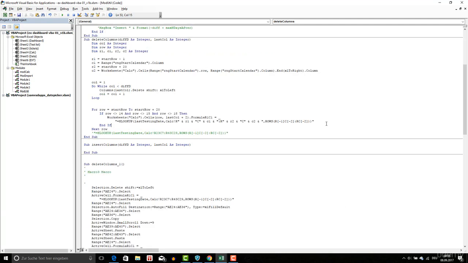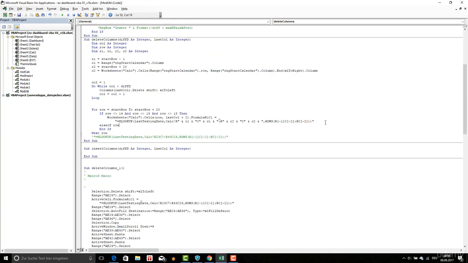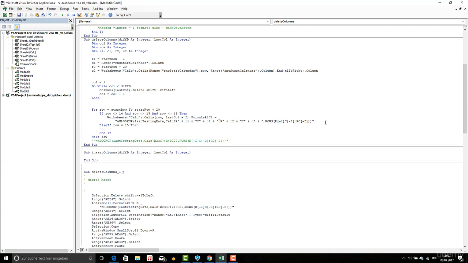Then else if row is equal to 15, then in this, minus 1, and this is columns minus 1. Here we have minus 2 plus